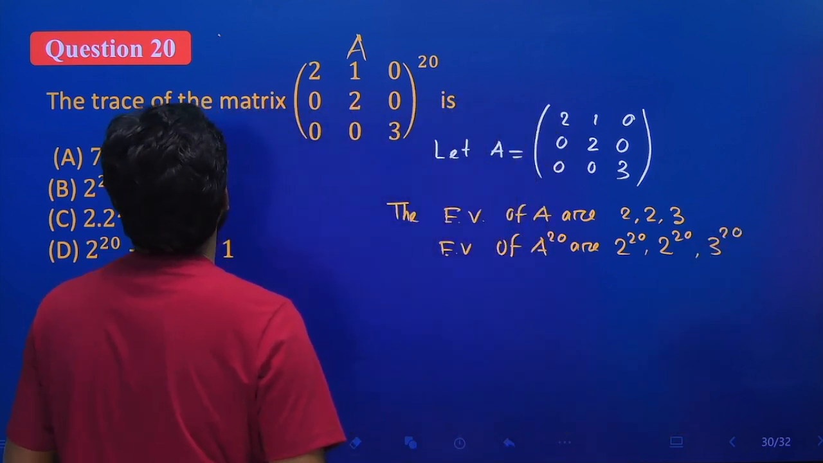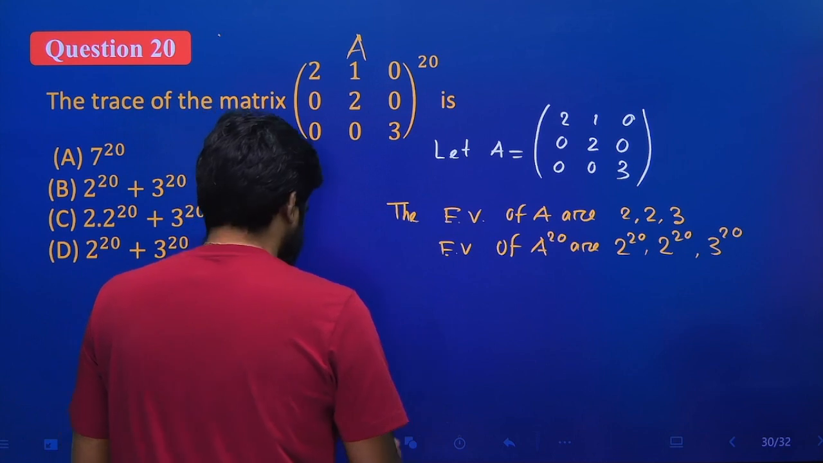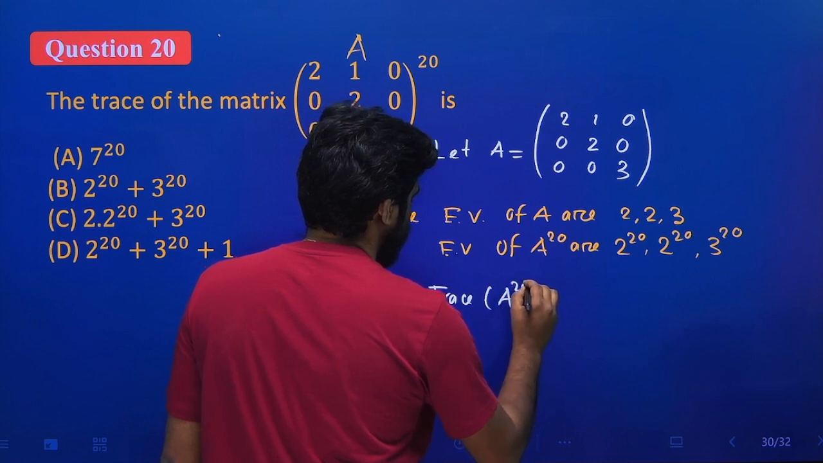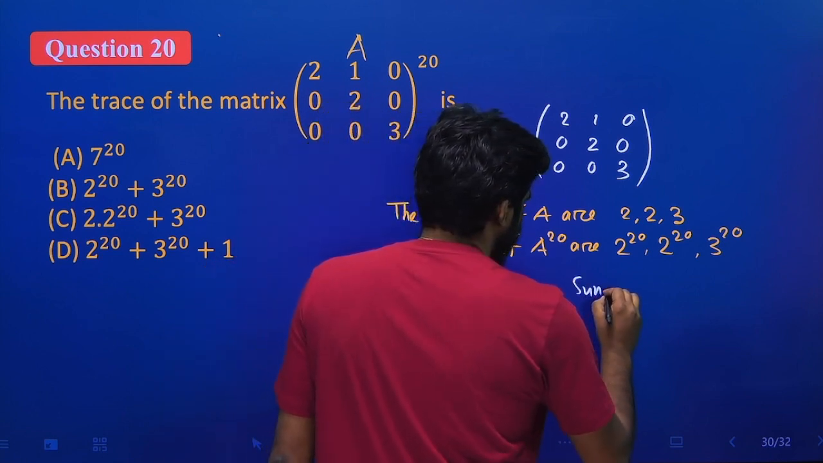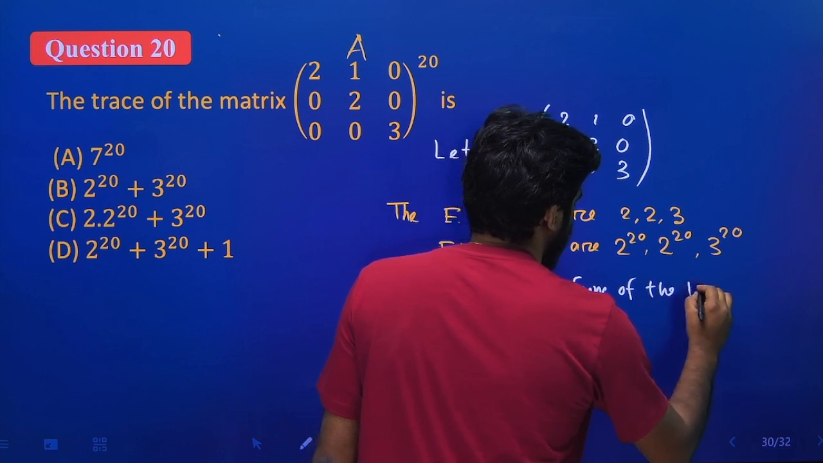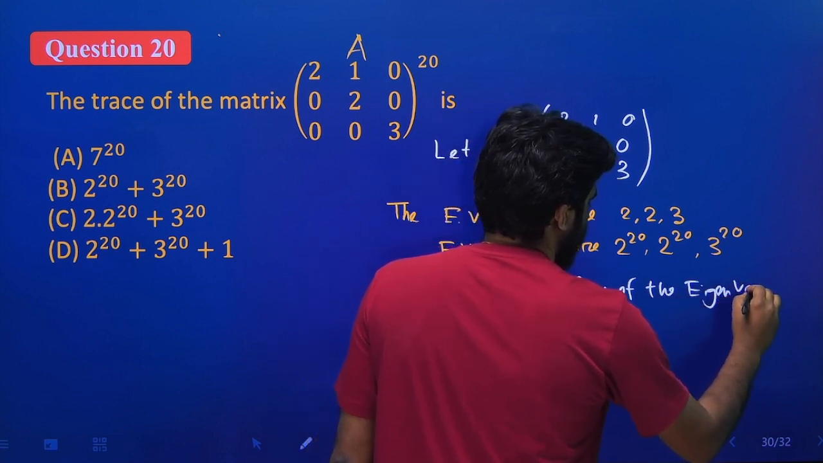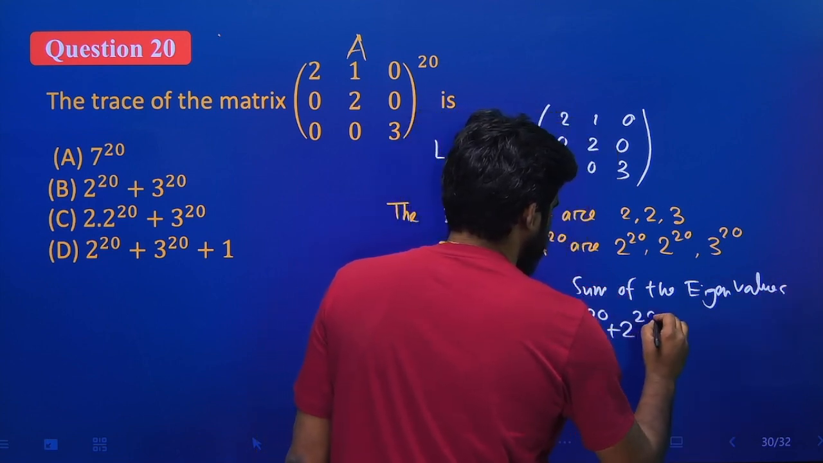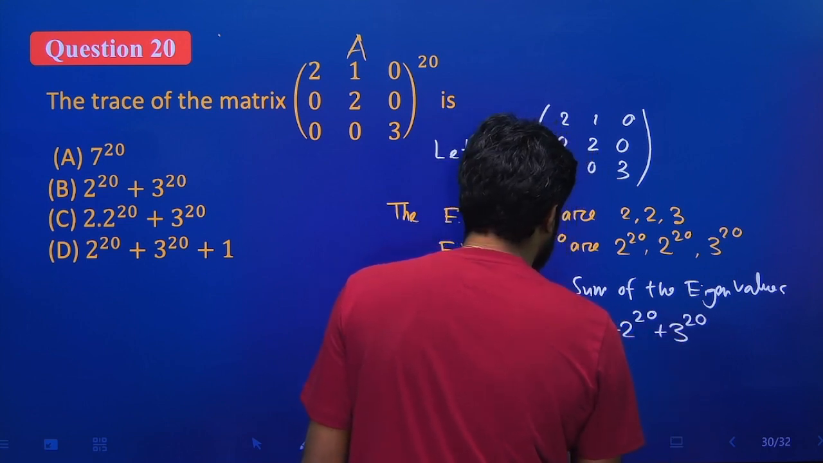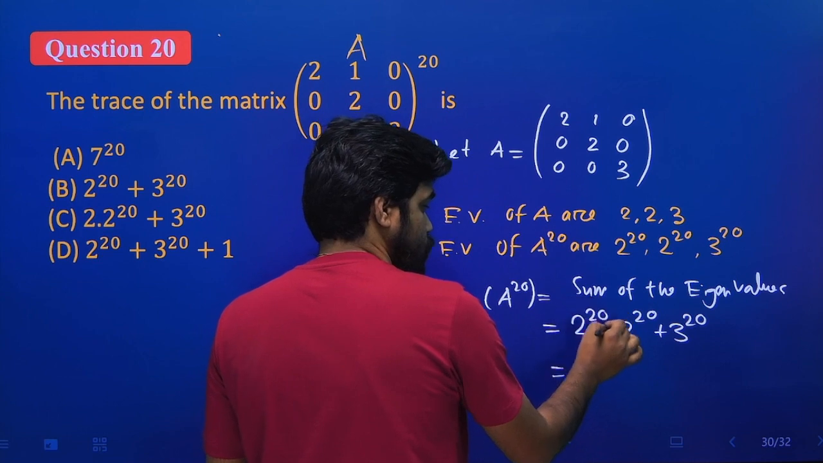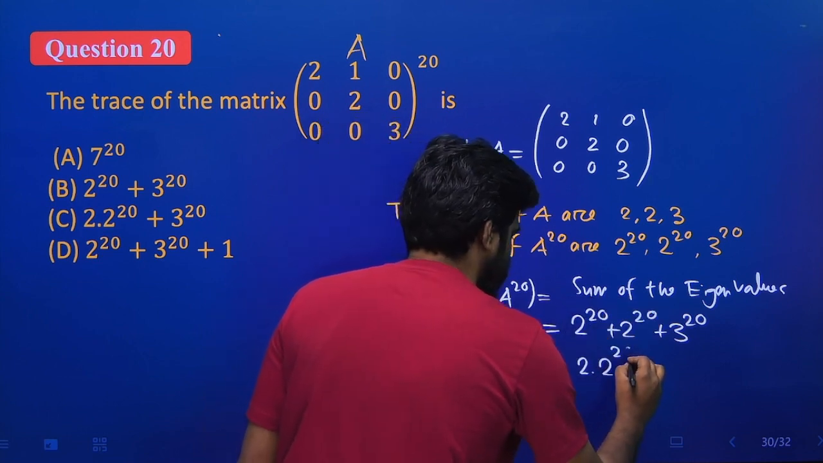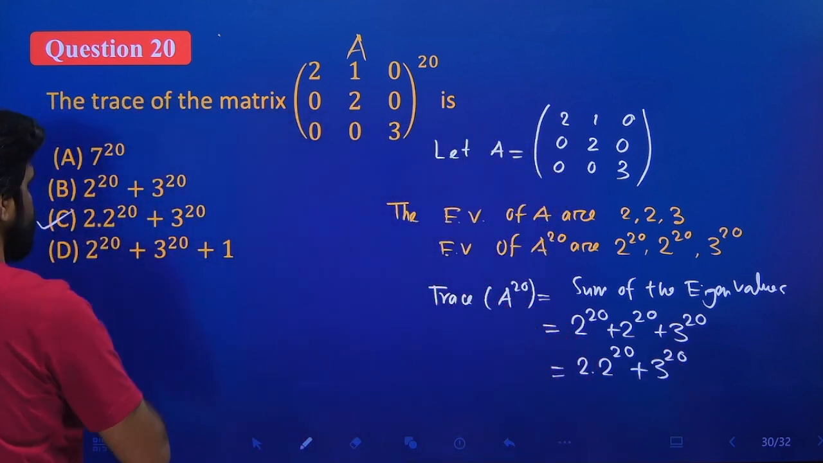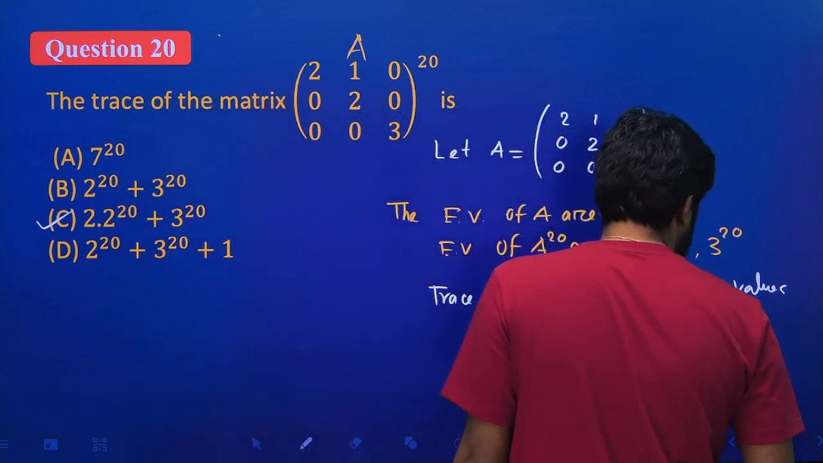Okay, so the trace of A to the power 20, trace means sum of the eigenvalues, that is 2 to the power 20 plus 2 to the power 20 plus 3 to the power 20. That is 2 into 2 to the power 20 plus 3 to the power 20. So option C is the correct answer. Okay,